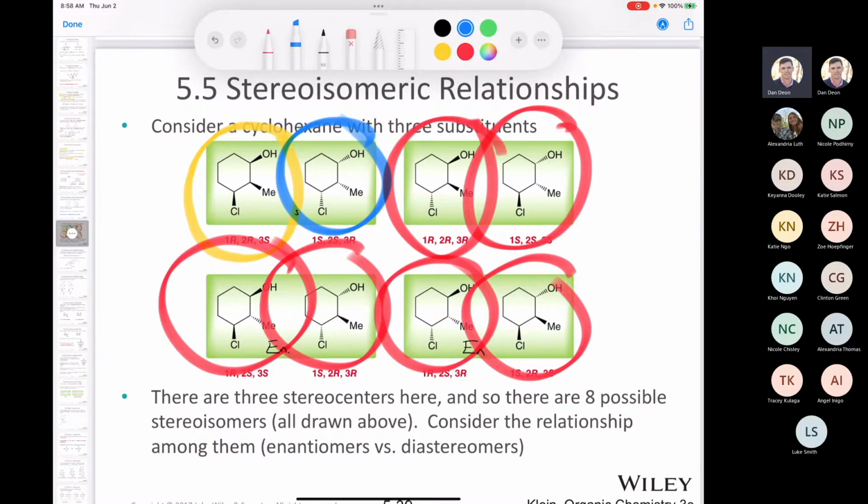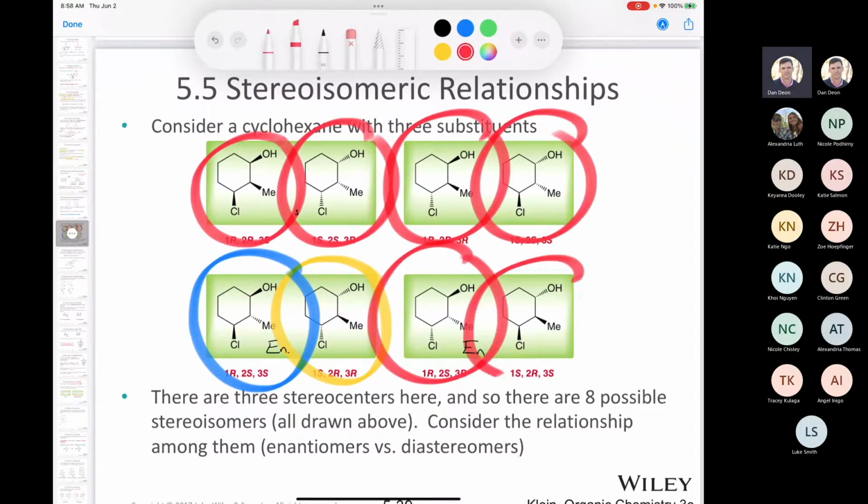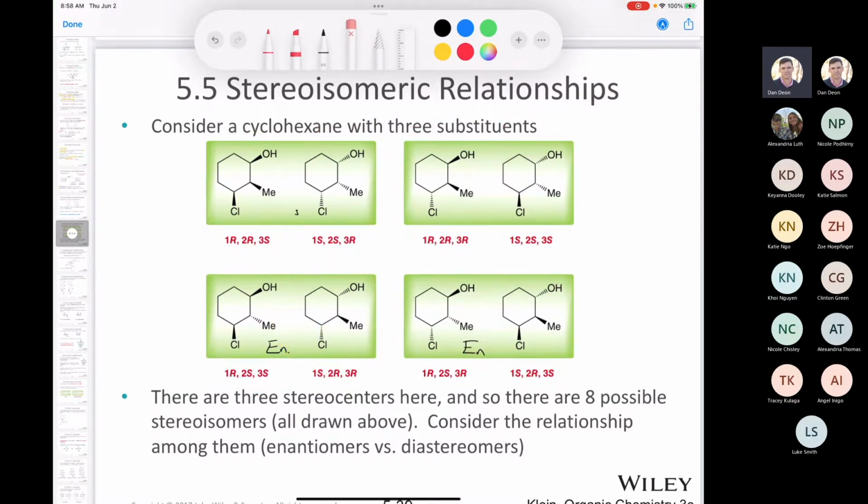Okay, so the same rationale would apply to every single molecule in here. You could pick any molecule on this page. Let's just pick this one at random. This compound has one enantiomer, this guy right here, but it has 6 diastereomers. 6 of them. All right, so now that we know the relationship between enantiomers and diastereomers, let's move on